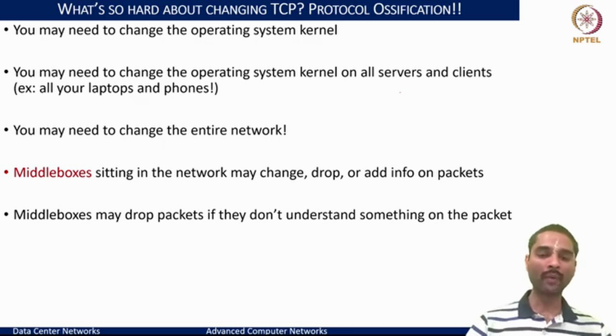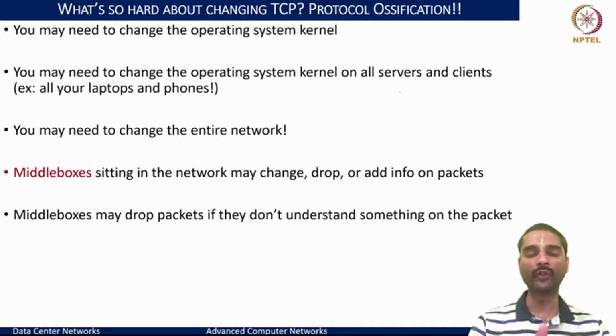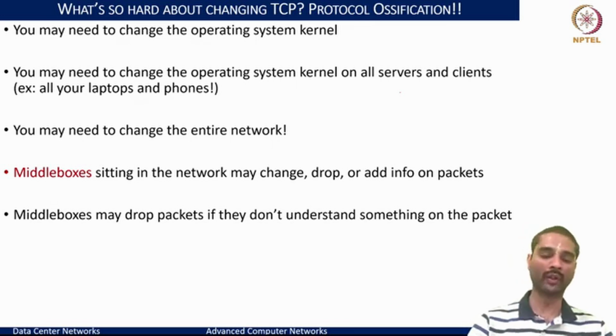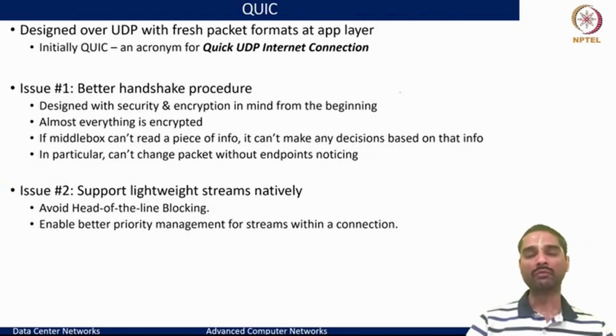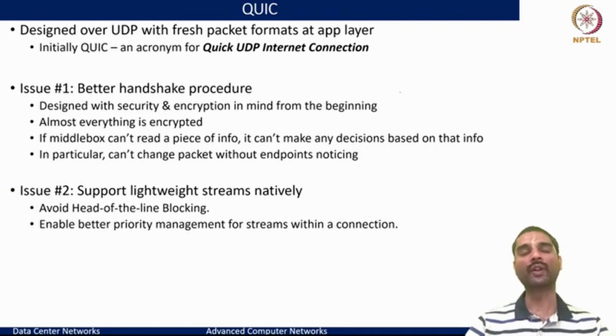Hence, a better alternative was thought about: how we could work around and bring the concept within the realms of TCP and UDP to overcome these challenges. And now, what the engineers at Google tried to realize is to say, why not just rely on UDP for the internet connections so that you get rid of the three-way handshake, but try to build a packet format on top of UDP at the application layer.